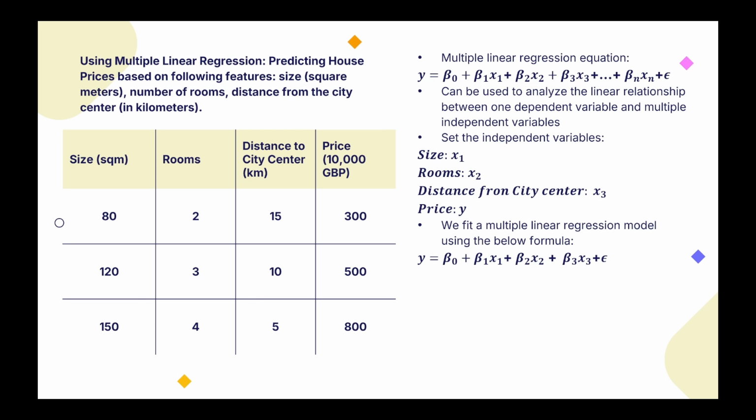The equation for multiple linear regression is y equals beta 0 plus beta 1 x1 plus beta 2 x2 plus and so on up to beta n xn, plus the error term, where beta 0 is the y-intercept and beta 1 to beta n are the coefficients for each independent variable x1